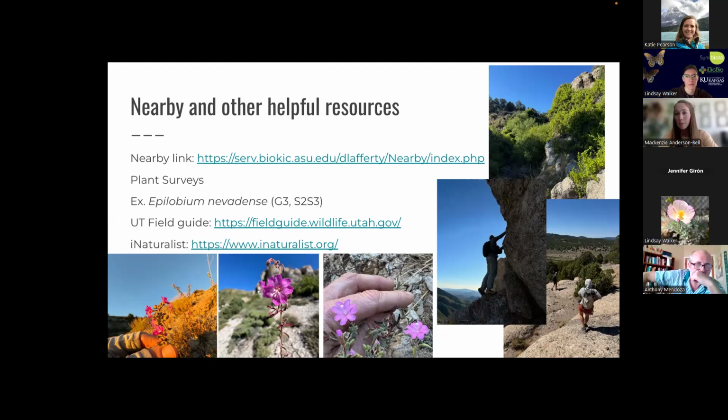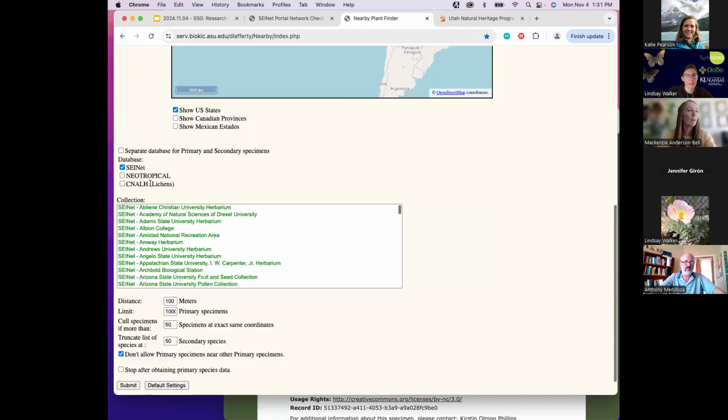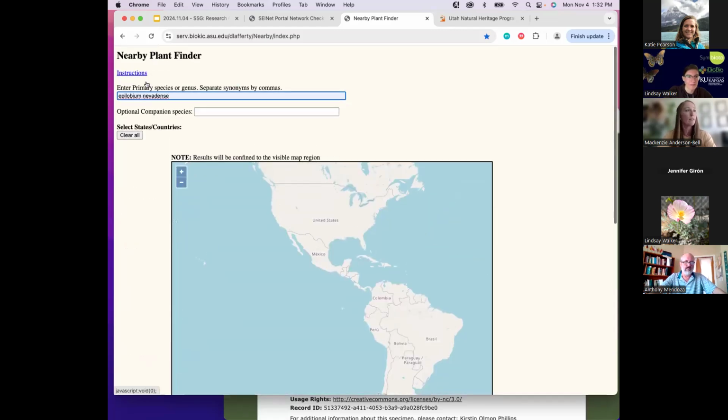Since I'm pretty new to this job, I try to do my homework before I go out. So a couple of the things that I'll do is I will try out Nearby. In this instance, since it isn't a wildly rare plant, there are a decent amount of collections. So this is Nearby. I think we probably have a link for y'all if you haven't tried it out. But what's cool is